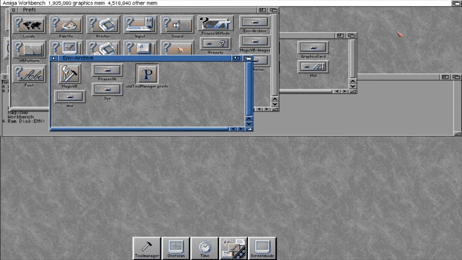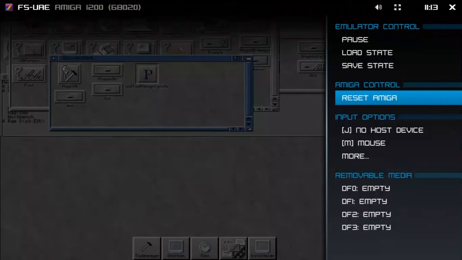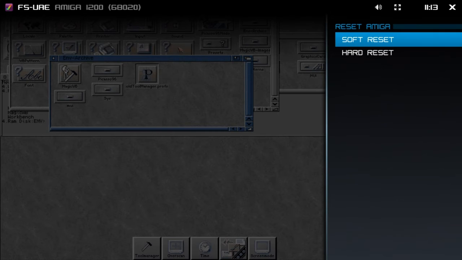Hit enter, and then on our next reboot hit F12, reset Amiga. I just need a soft reset, I don't need a hard reset. A hard reset is as though you've taken a plug out of the wall, put it back in, or pressed the power off switch. You can see our toolbar no longer appears,